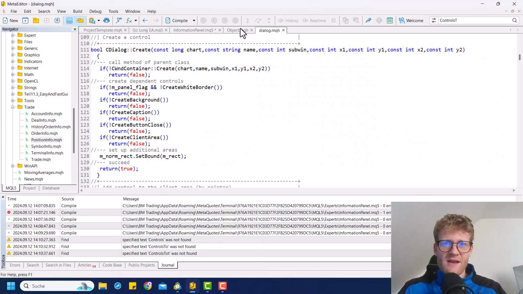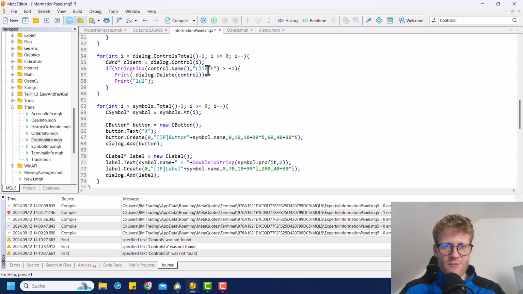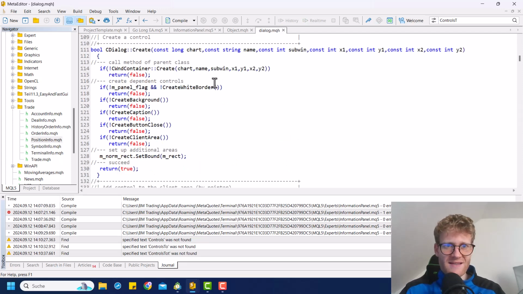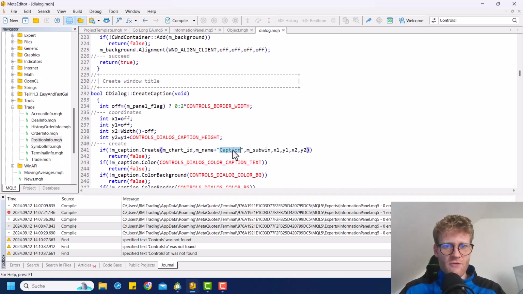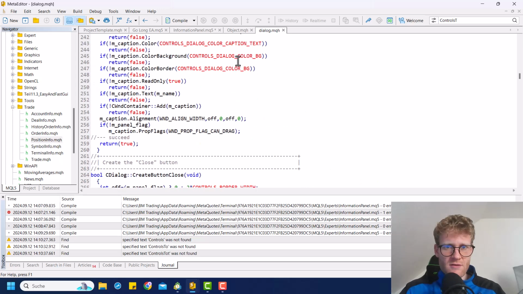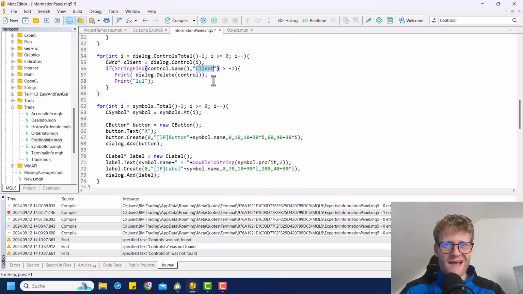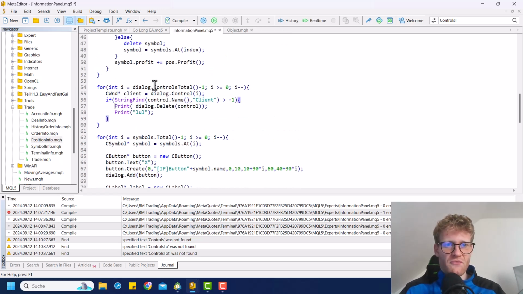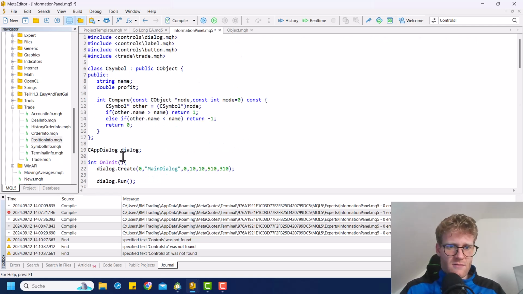It's another object, but for us it is important to just find this client area here, and we saw the name. It should be client, as we saw here in this dialog file. Oh wait, where was it? Here. The name contains the word client. So if we search for this and if we find it, we then want to delete everything in this specific client pretty much. So we can say the client should be a,